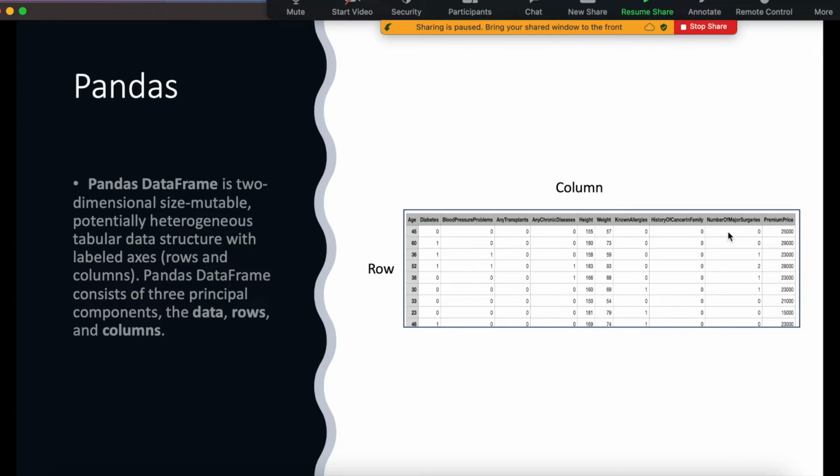So I'm having all the data, and then I'm also having the premium. Here in this particular program on Pandas, the example I'm going to explain, we are going to do data analytics on insurance data. I have about 1,000 insurance records which I have downloaded, so we are going to do the data analytics using those 1,000 records.